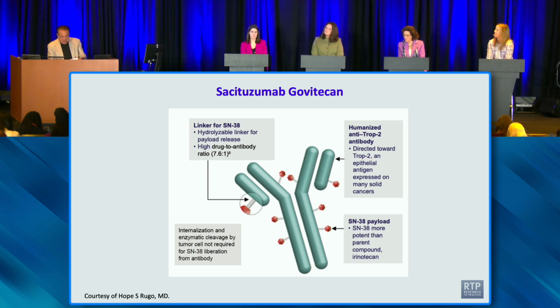So Hope, you have this patient who got Saci, and I'm kind of curious. So this is, I think, the 32-year-old? No. In any event, she got Saci. Can you maybe talk about what happened in terms of neutropenia, what you did in terms of growth factors, what you typically see with neutropenia from Saci, and how you prevent or manage it?